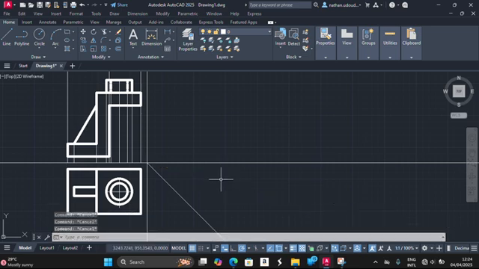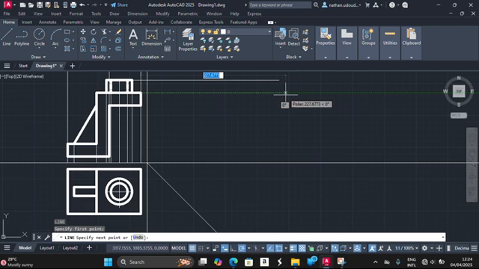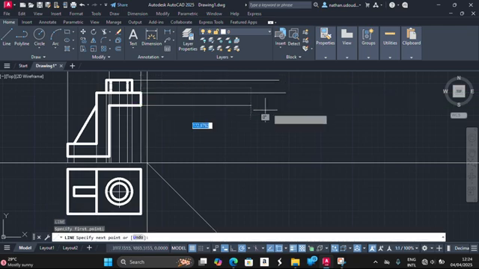So now we have to draw our side elevation. We can draw it here. We can also draw it here, but let me draw it here. So that's why I have this line at 45 degrees. So I can project lines from my front elevation, L enter, can project lines like that, L enter, L enter,